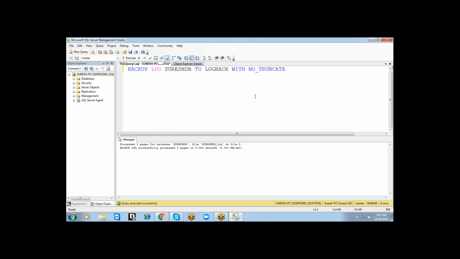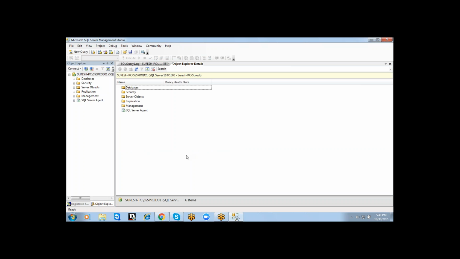Coming to no underscore truncate log backup, after completion of the log backup, whatever data is there in the log file will not be deleted. If we write no underscore truncate, data won't be deleted. It will still stay where it is. That's why in real time we are always going to work with the no truncate log backup only. Coming to the next scenario,